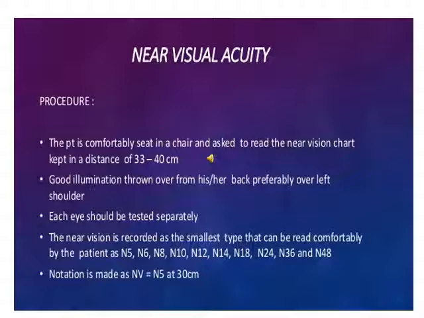The person is asked to hold the Jaeger's chart at a comfortable readable distance, and with one eye closed he has to read starting from the biggest letter coming down to the smallest letter that can be read by that person. And the line which he can read is now the visual acuity, designated as N5, N6 or N8 or N10, depending on the line the person can read with each eye. So the visual acuity for near vision is designated like N6 for right eye or N8 for left eye, like this.